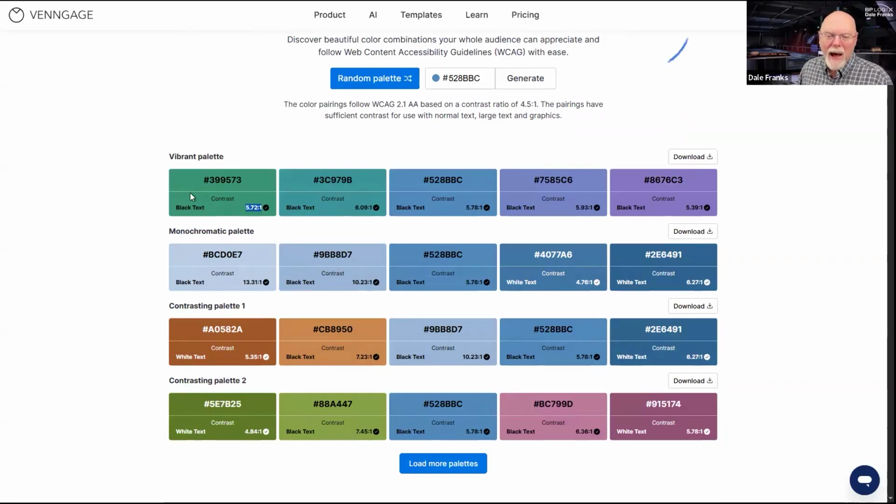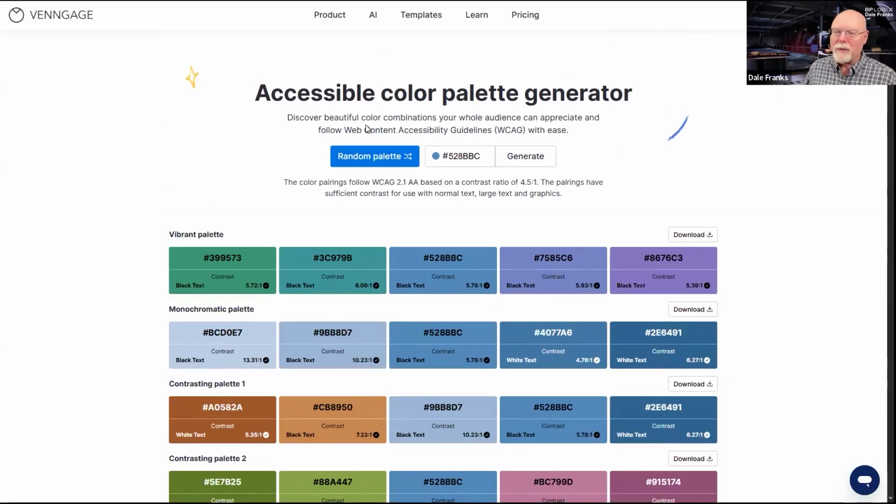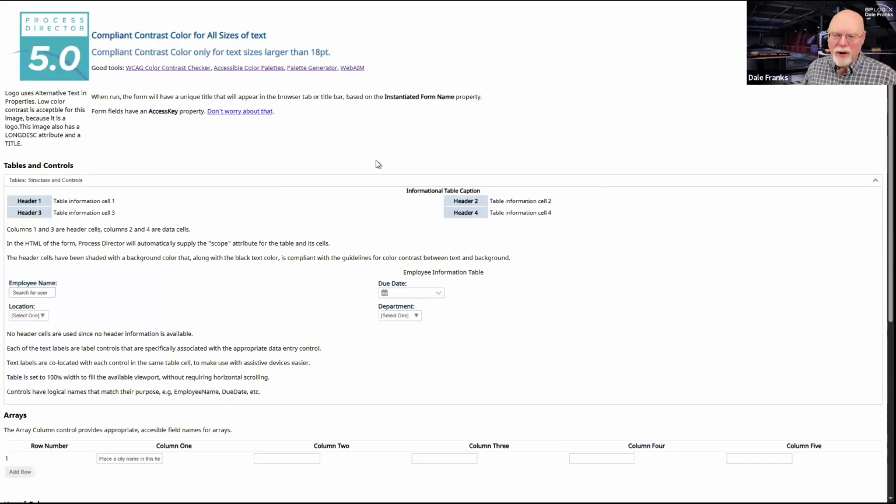So black text on this green is technically 5.72:1. I don't think I like that. I think I would prefer to have that text white. I think that would be more readable, but I might be wrong. But you can see these various palettes and you can load more palettes. So if you're playing around with color, if you have that freedom, that's available to you as well.